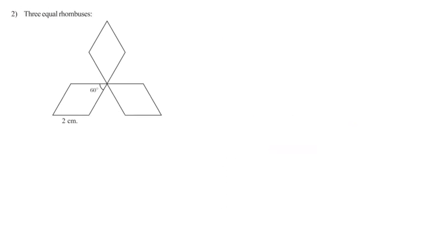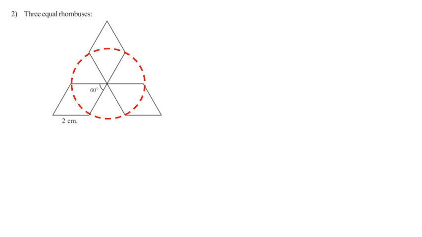Children, this method is very lengthy, so I will show you another method to draw this figure. First, see this question. In this question, you can see one vertex of each rhombus is joined to a particular point. If we take this point as center, and we know sides of all rhombuses are equal in length, thus we can form one circle here like this. Then children, what is the distance from the center to each point on the circle? Yes, correct, 2 centimeters. Hope it is clear to you.